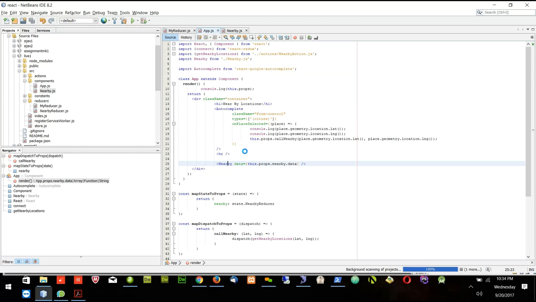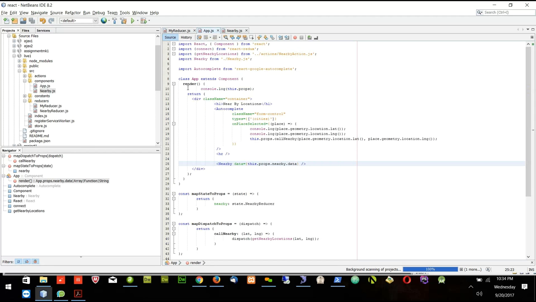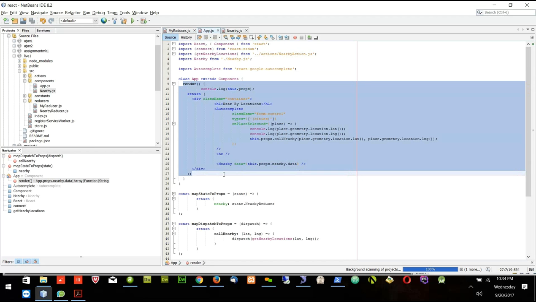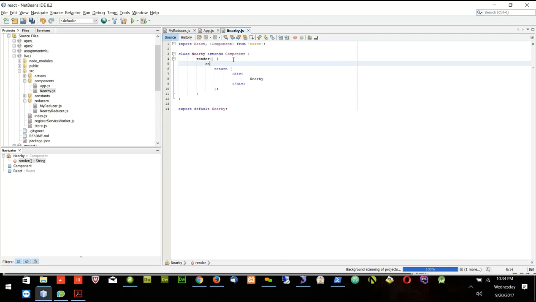Right, it will change in the reducer, and the reducer will automatically change in the store. And then once it's changed in the store, it will automatically update this render part. And then it'll reload. So now we will see here if data is coming. Data is,